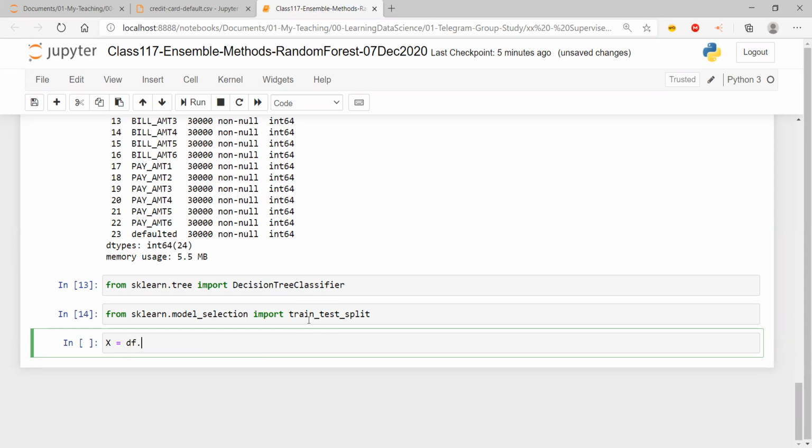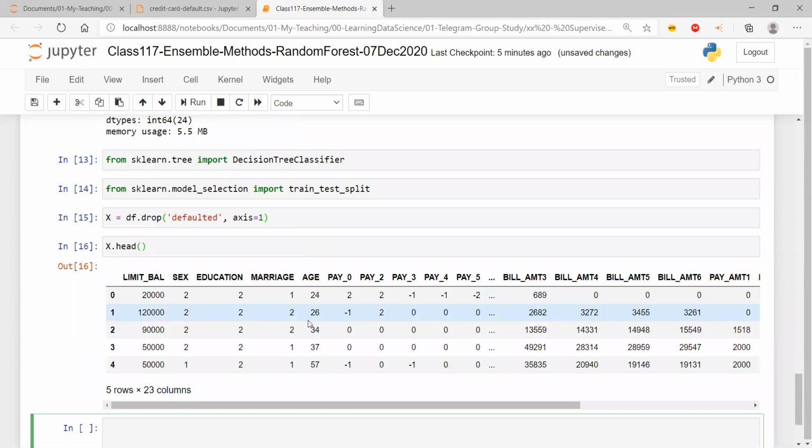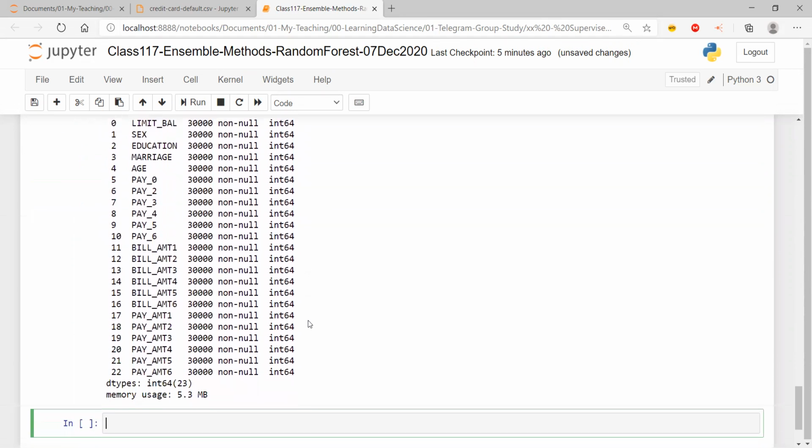So I'm going to say df.drop and my target column is defaulted, and I say axis equal to 1. I don't say inplace equal to true. If I say inplace equal to true, it goes away from the data frame. So I'm creating a new data frame X by dropping the defaulted column from df, right? So I get X as this, or I can also do X.info and get the details